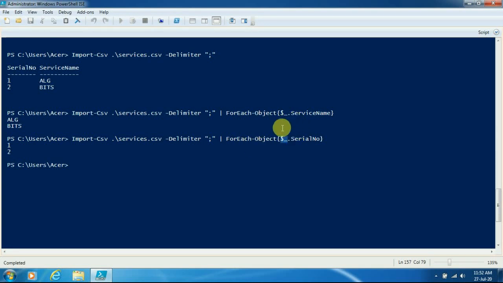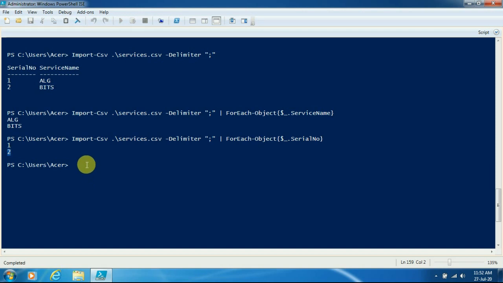Whichever is the current object, and the current object has some property, the same property will get printed. That is the reason after I have used this property, the value got printed over here. For the first object, the dollar underscore dot serial number property value was 1. For the second object it was 2. So like this we got it printed.